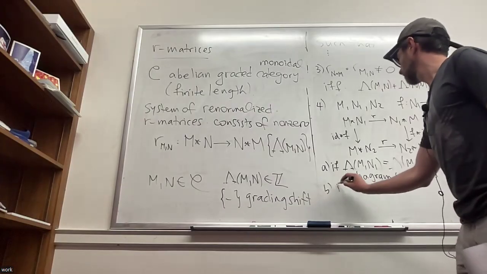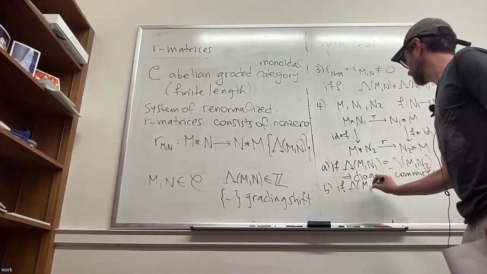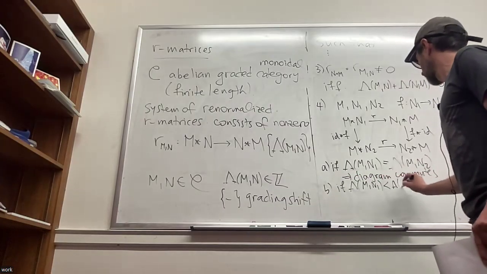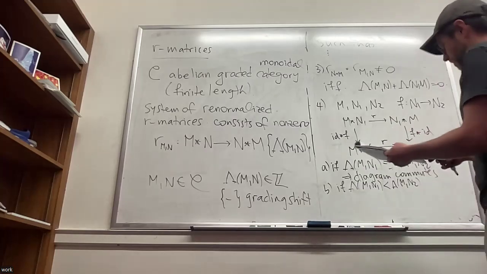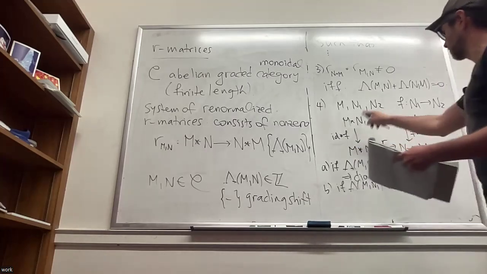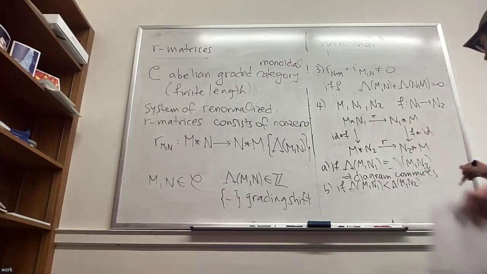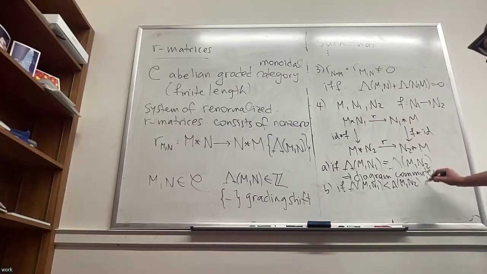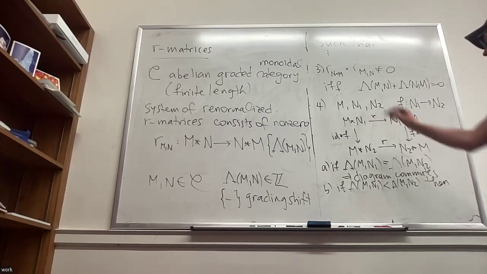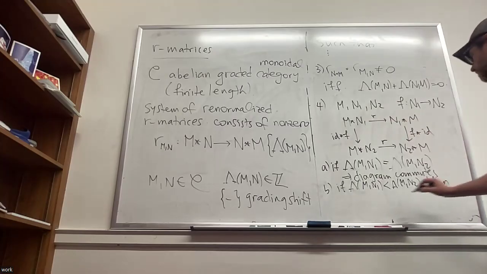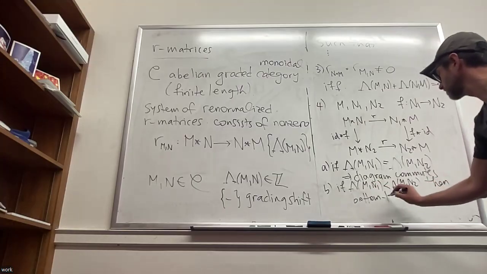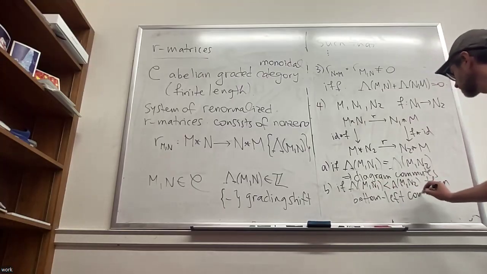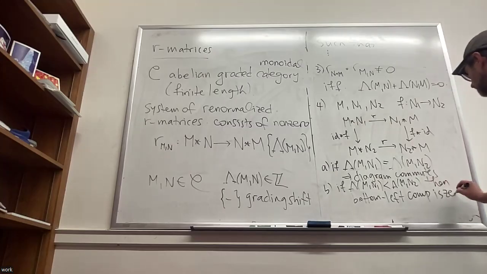Or one can obviously be less than the other, in which case this composition here, the bottom left, is 0. Then this bottom left composition is 0. And similarly,